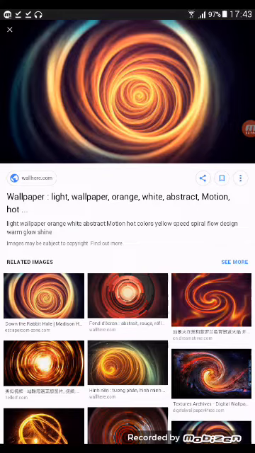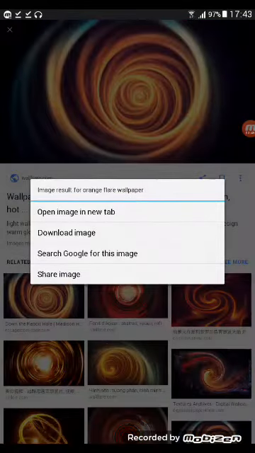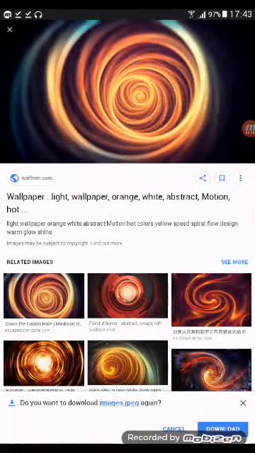I want to use this on top of the sun, so it will look like it's gleaming light. So I press it a little bit longer, and I download this image,